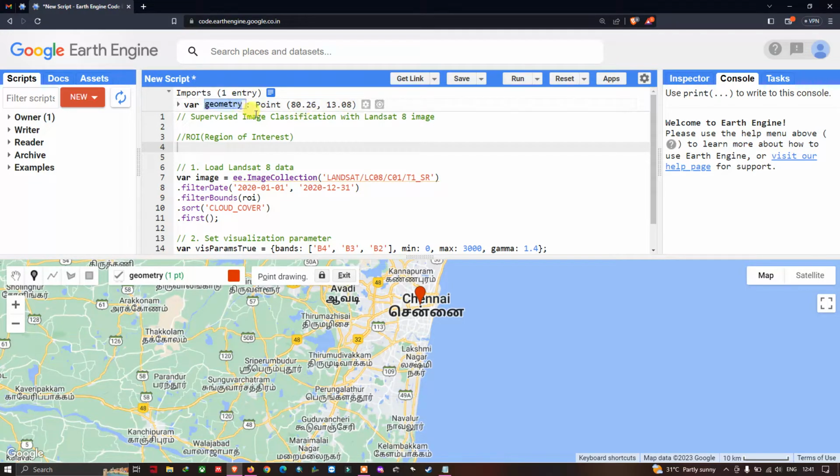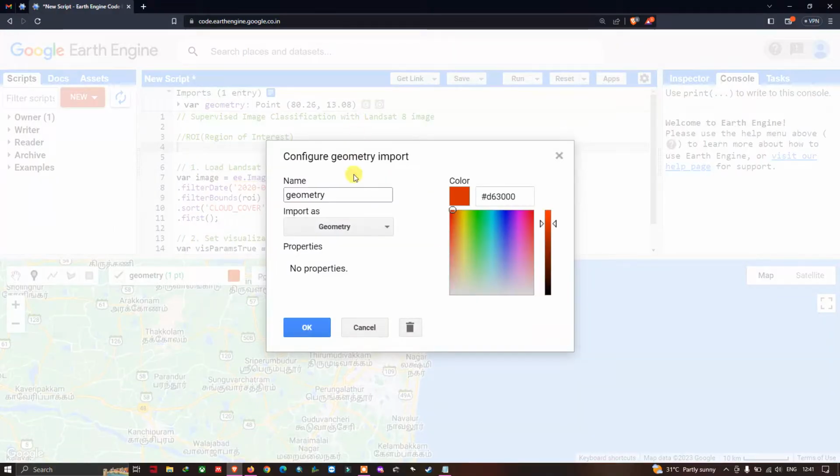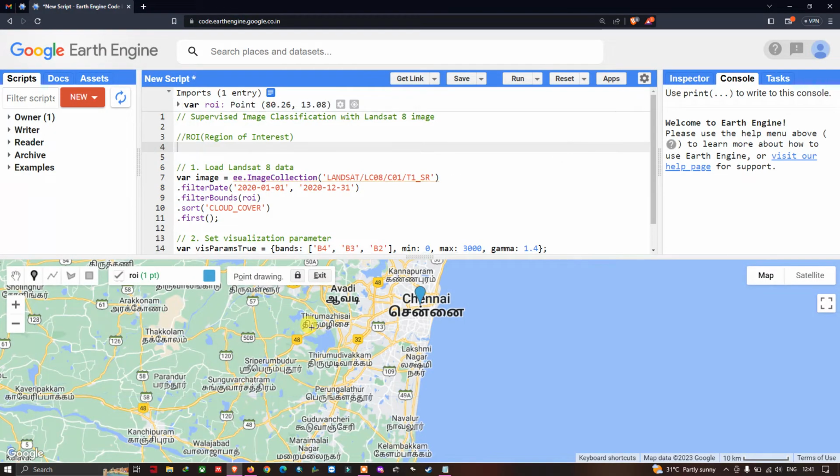So now let me rename this. Go to the option and let me rename it as ROI. So the region of interest I defined as ROI. Now click OK. You can also choose your desired color. So now let me choose a color. I've chosen a color, click OK. So we have our ROI, the region of interest with latitude and longitude. So now let us perform our